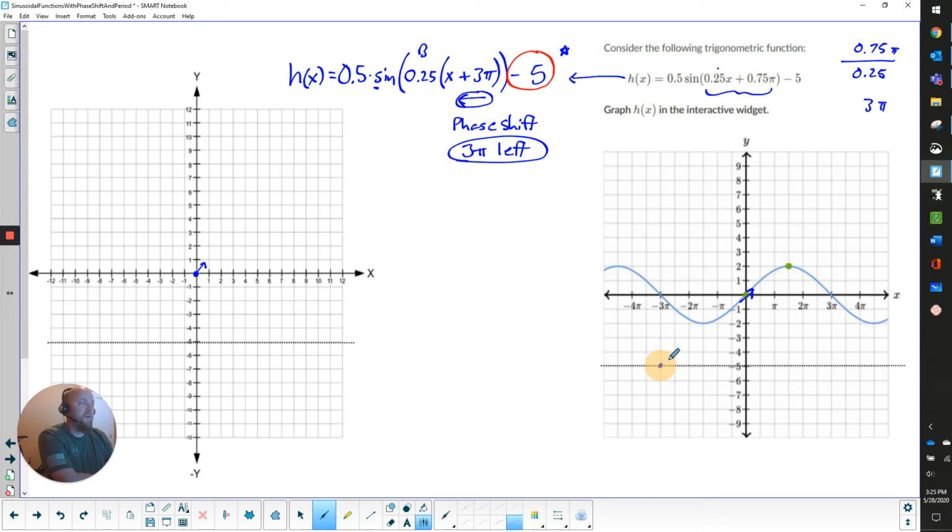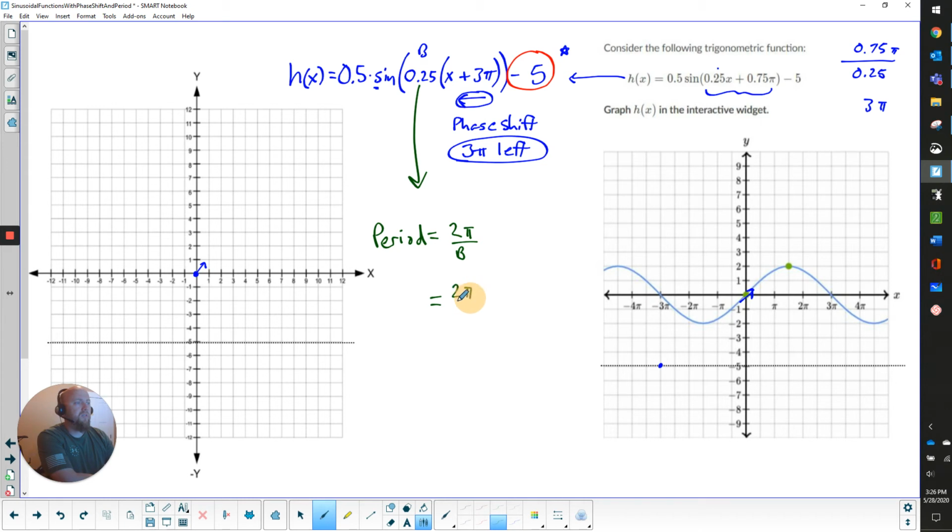Now, I know how the progression of sine works. It's going to top out, back to the midline, bottom out, back to the midline, and there's a whole period. So really the only mystery left is to figure out what on earth is going on with a b value of 0.25. So remember that little algorithm we've been talking about for how the period and the b value are related? So 2 pi divided by b, and we'll plug that b value